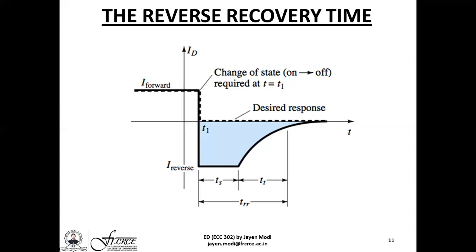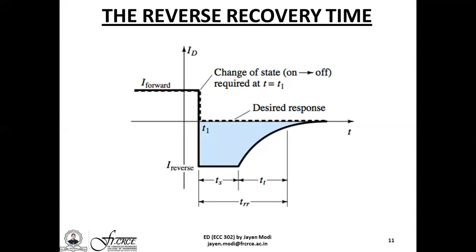Now just imagine that one reverse biases the diode by simply inverting the polarities connected to the diode anode and cathode terminals. So basically what we are doing is making an abrupt shift from forward bias to the reverse bias condition. Ideally, this act should bring the diode from its on state to the off state immediately. That is, the diode which is actually conducting current in its forward bias mode of operation is expected to stop conducting instantly.